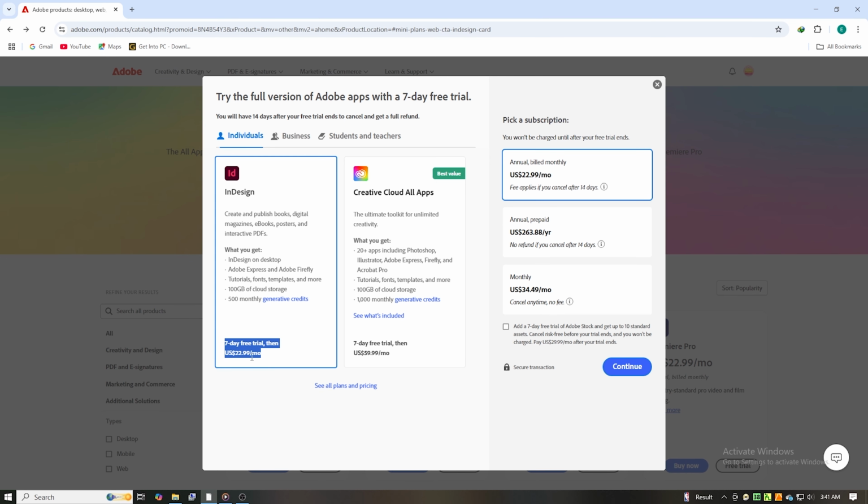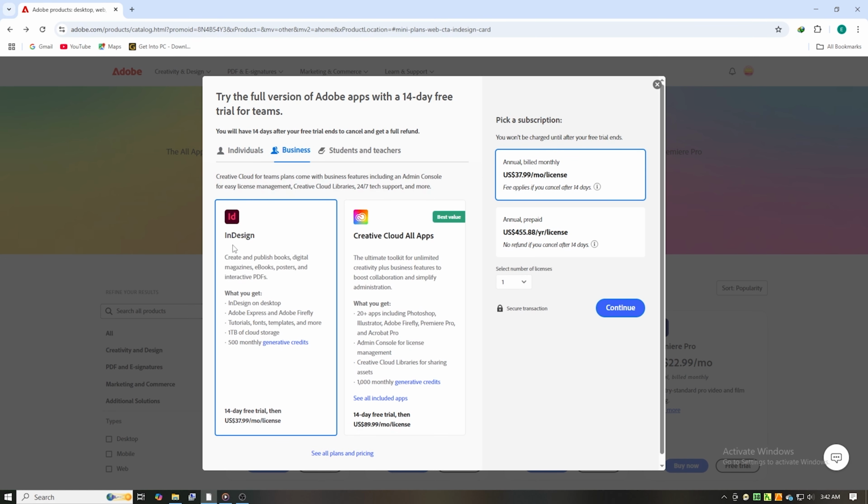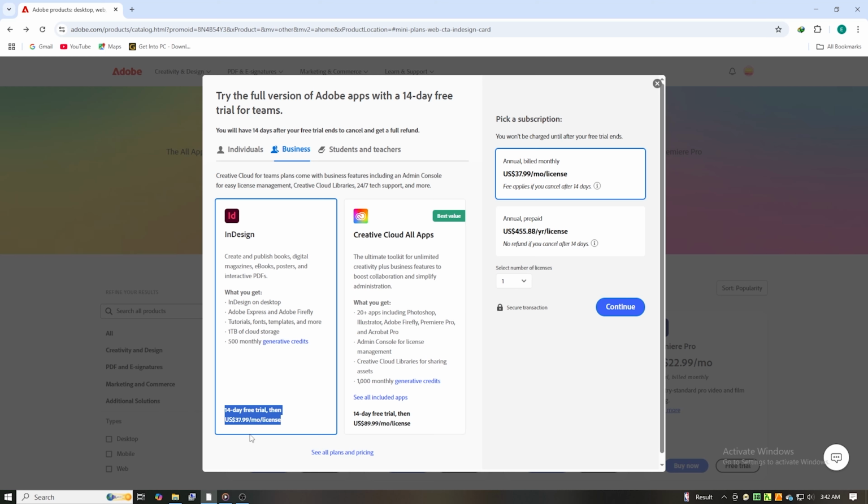But today, we're selecting the business plan. This plan gives us a full 14-day free trial instead, allowing us more time to explore all the professional layout and design tools without paying a cent. The business plan also provides additional features and support, making it a better choice for those who want to fully